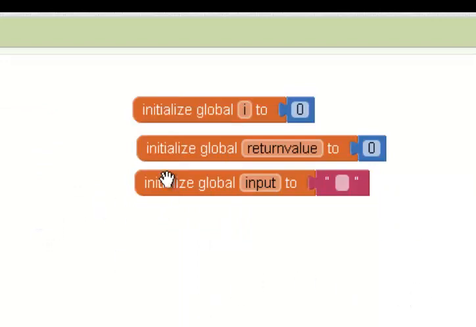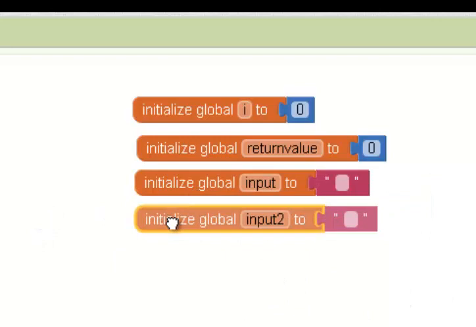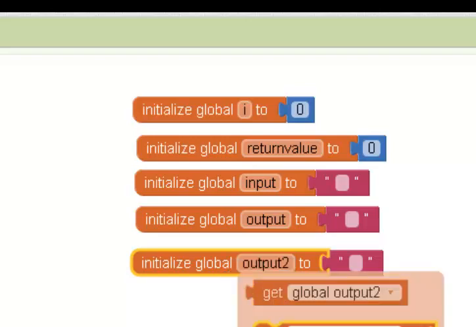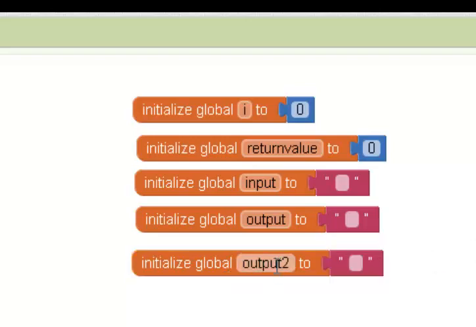The next one I'm going to introduce is output, and the initial value is blank. The next one I'm going to introduce is, let's call it alphabet,